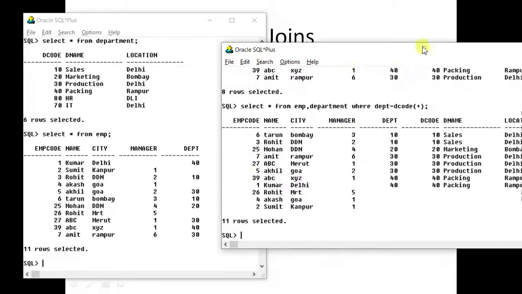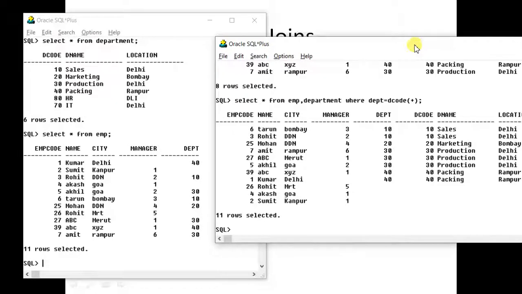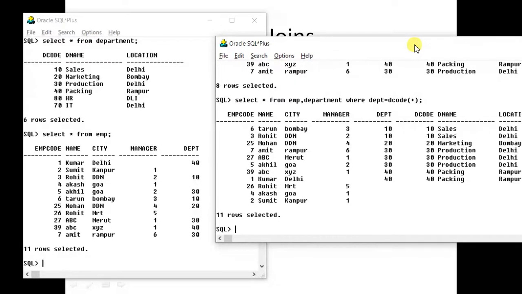Okay, there are different ways to remember it. One way is you apply plus in that table which is opposite to the table from which the records are fewer. Since the records are missing from employee, the column name of employee is DPT. DECODE is the column name of department.